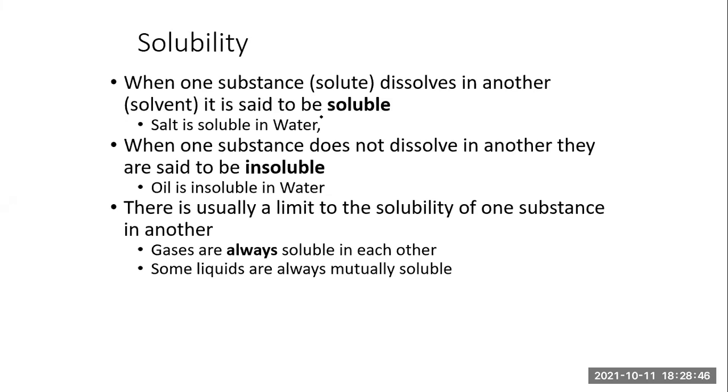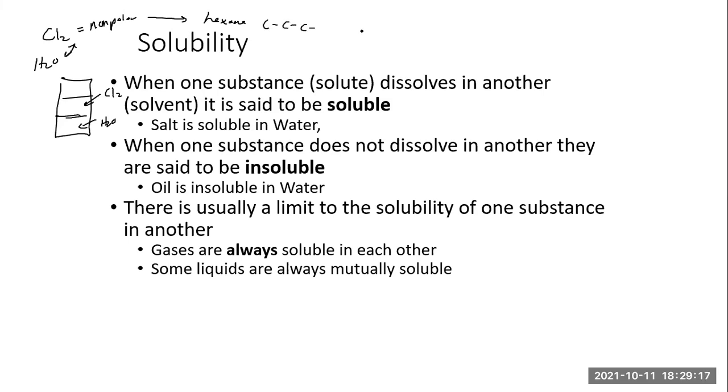For example, if you were taking something like chlorine, just straight chlorine, which is a non-polar molecule, if you try to use water as a solvent, that's a really bad move, because those guys will not interact with each other. The chlorine will be up on top and the water will be on the bottom, and you'll get this kind of separation. Now, if you take the chlorine and put it in with some hexane, for example, which is basically 6 carbons with hydrogens all around,